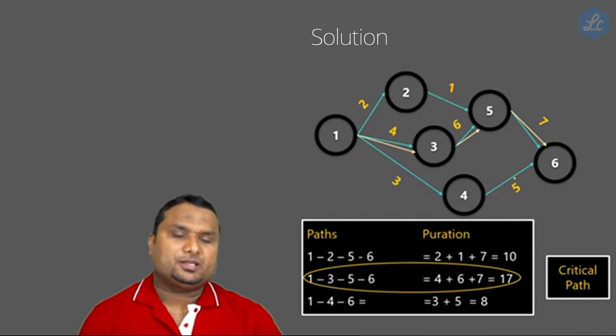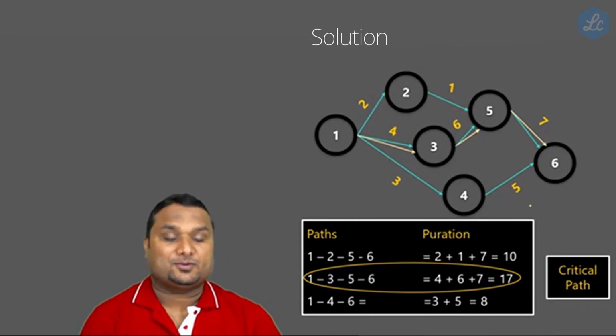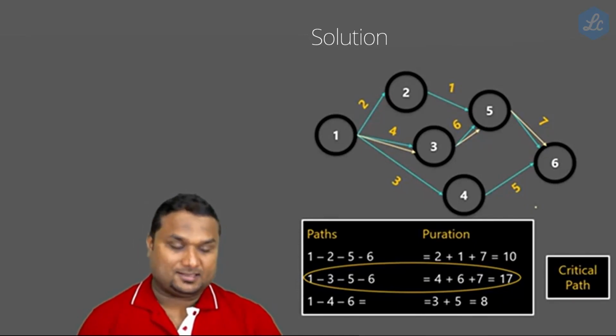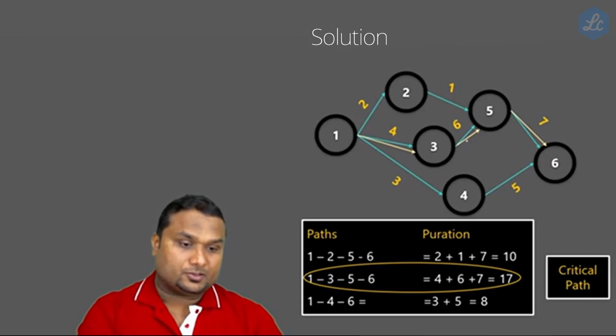So this is a very simple question. Maybe this question which we have done right now could be tested in your exam for 6 mark or 8 mark. There is a possibility. Is it fine? So once you got a critical path, we have to draw two lanes. It's not a single lane. Critical path has to be marked separately. Now see this, we have put two lanes over here. This is the critical path. And the duration of the project is